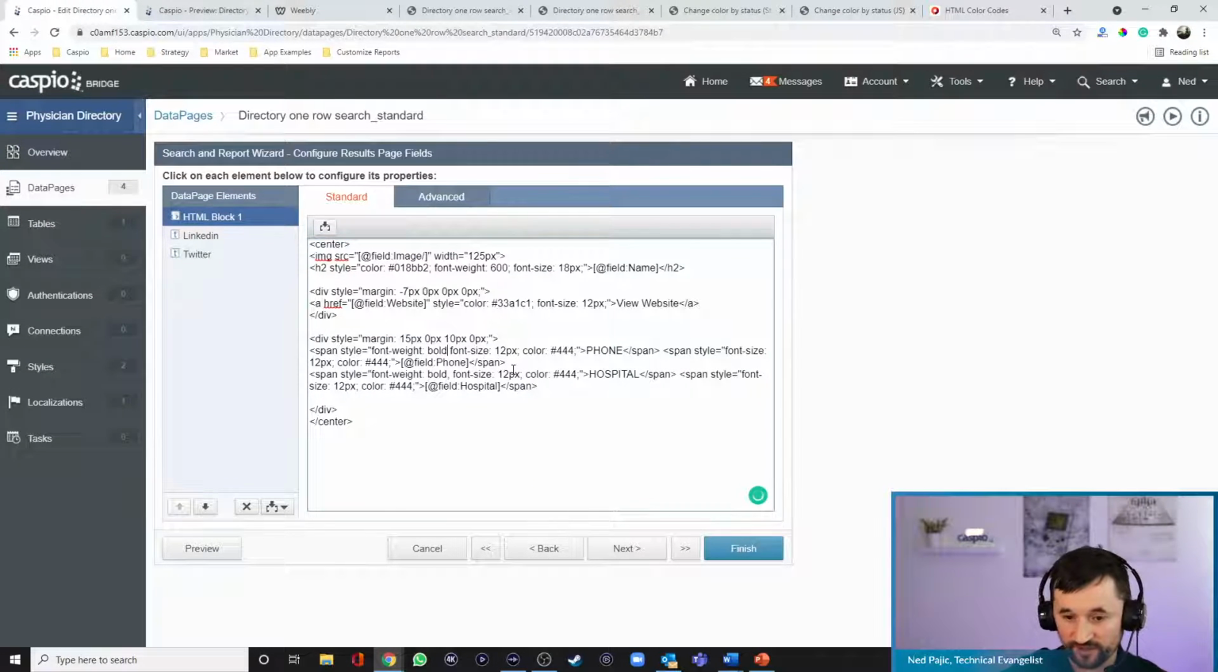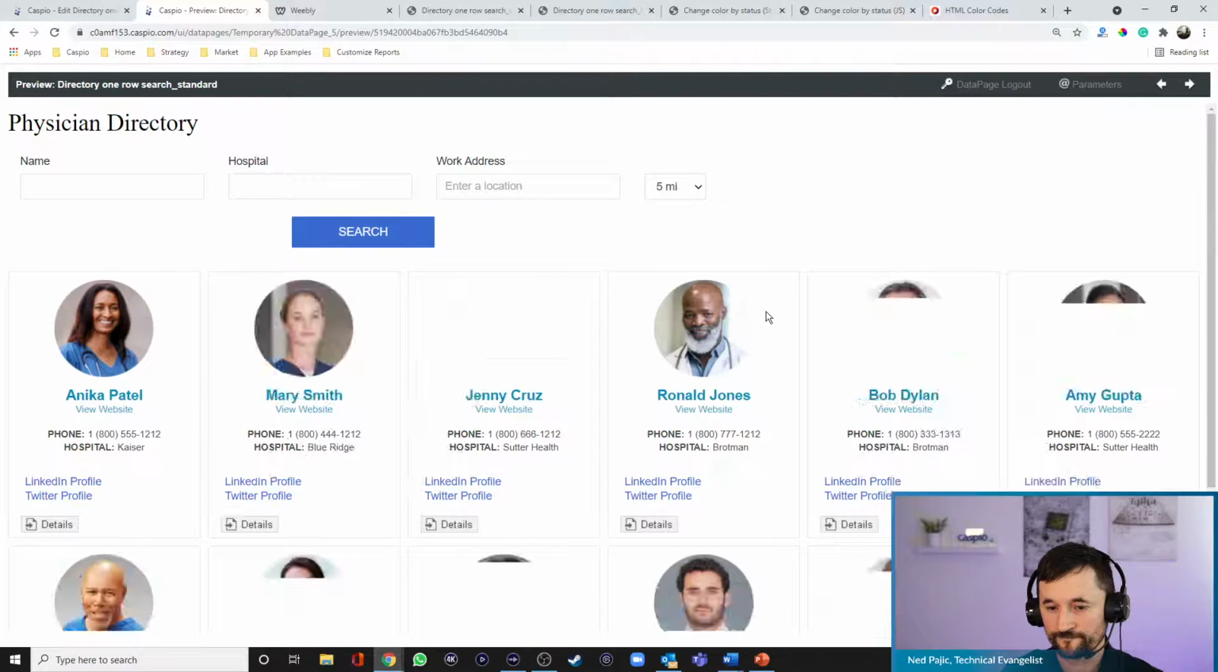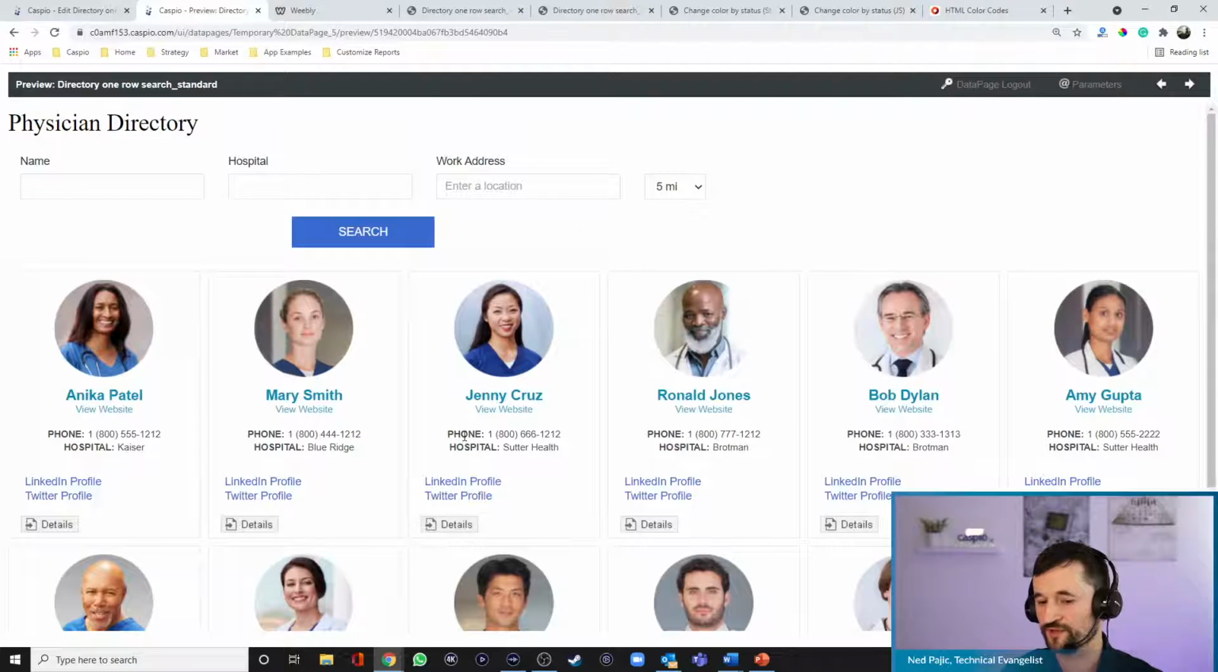It needs to have a semicolon here, not a comma, semicolon. All right, you can also include a colon afterwards if you'd like, colon here, not after the field name, but the actual label. If you want to do something like this, you can. Let's hit preview. All right, and now you can see the phone in bold, the label, the hospital, and the data populating right